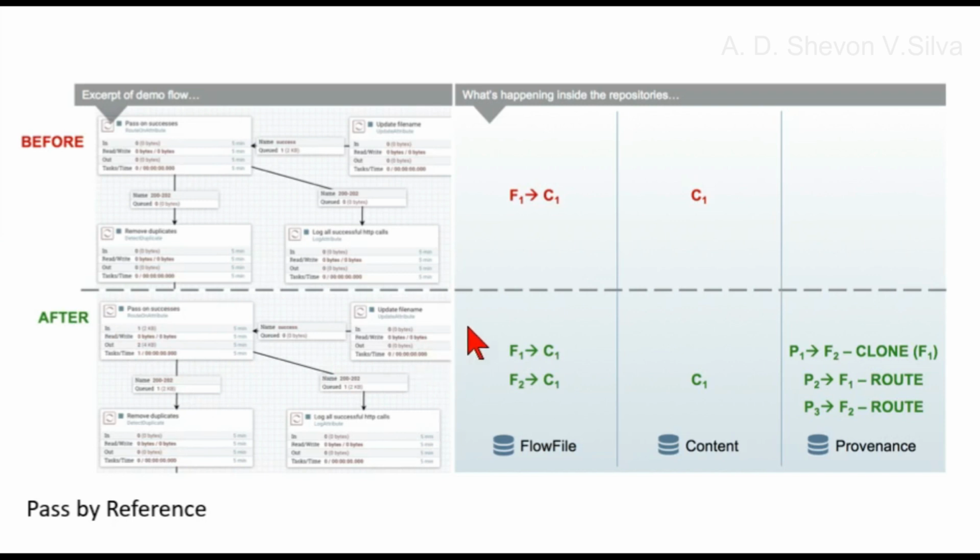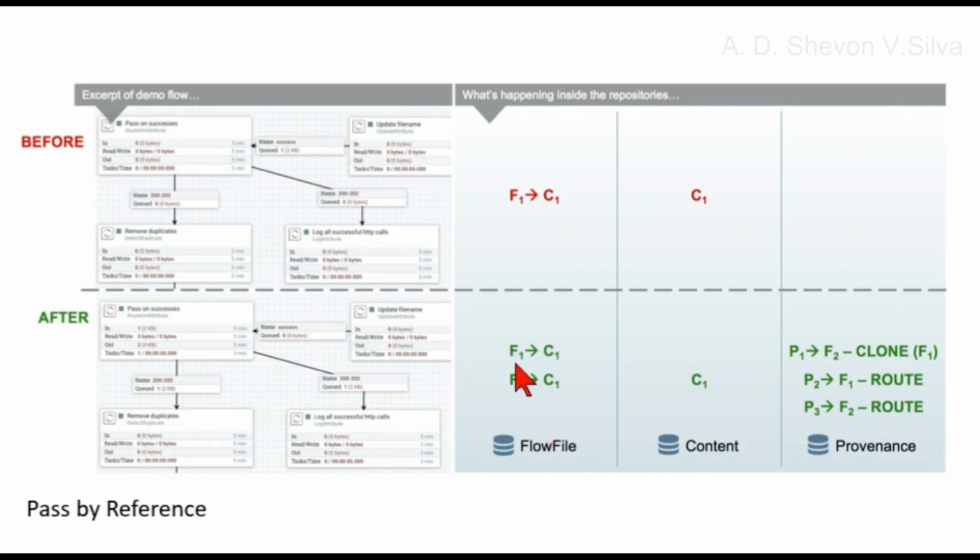UpdateAttribute interacts with Q, and Q is connected to RouteOnAttribute here, and RouteOnAttribute interacts with Q, and Q is connected to detect duplicate here, and RouteOnAttribute interacts with Q here, and Q is connected to LogAttribute, and here in the